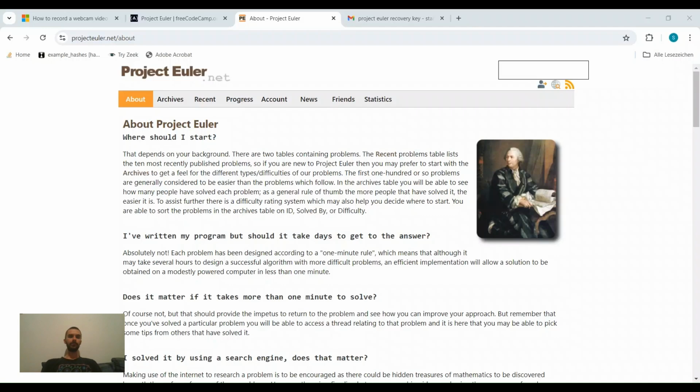So, welcome. This is Carter Mac Valley, and today I want to start a kind of project where I'm attempting to solve all the 480 Project Euler problems on Free Code Camp. Now, first things first, I suck at programming, so I'm not particularly good at it,